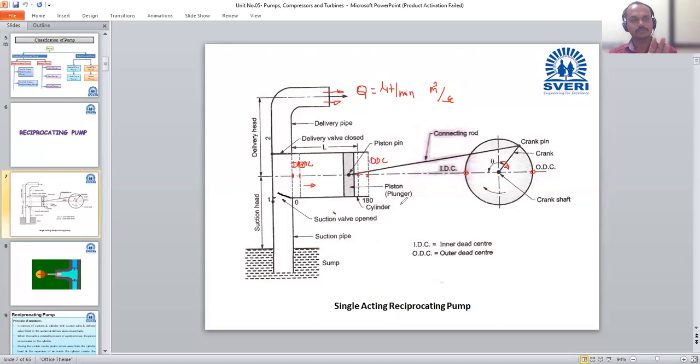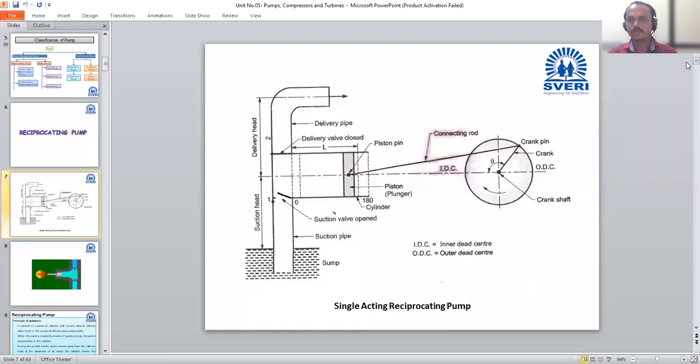Hello? 4-stroke engine, 2-stroke engines, or yet you have not listened about this? Our 4-wheelers have a 4-stroke engine. Okay, due to a network issue, some problems happen. Okay, so am I audible now? Yes, sir.